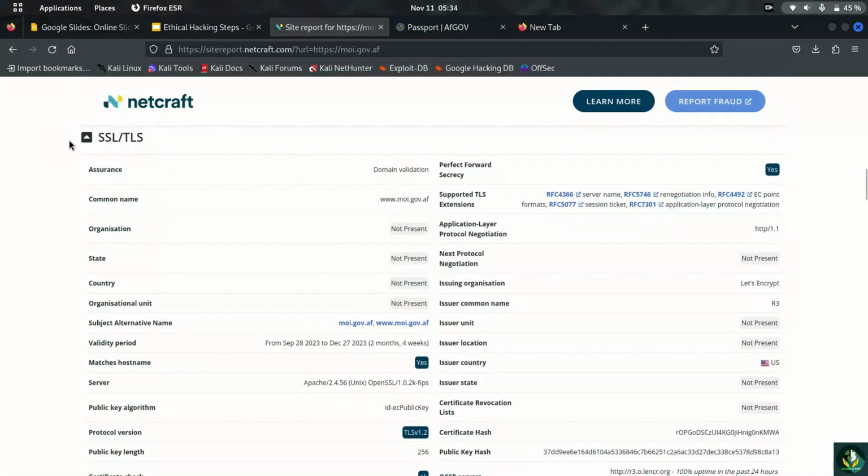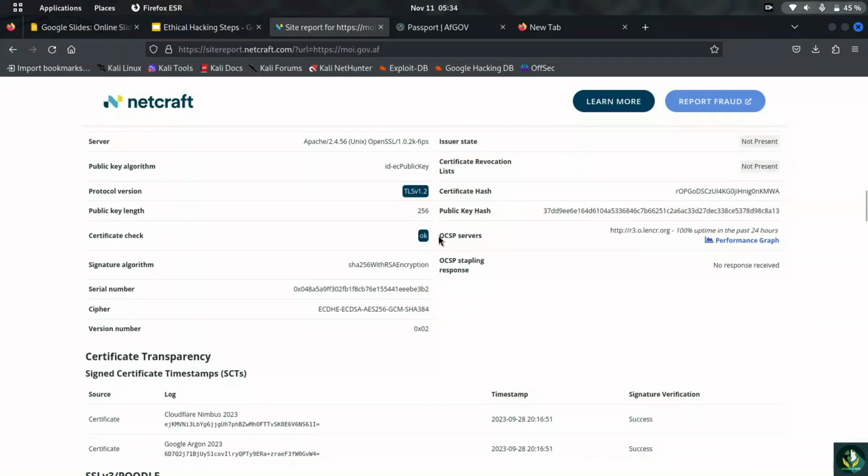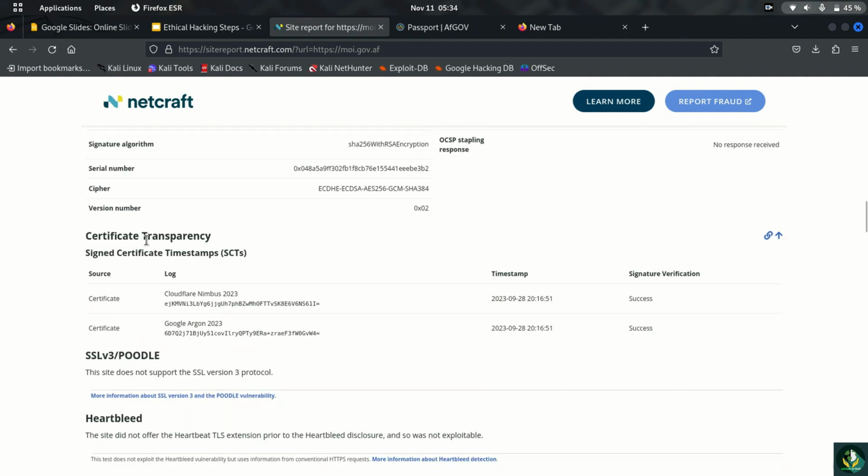And also it's about SSL and TLS. You see we have all the information here that we need, we can use it from here. So right now the owner of this website will not understand that we are trying to get information about this website, and it is kind of passive information gathering, okay. Serial number, cipher, and also signature algorithm,